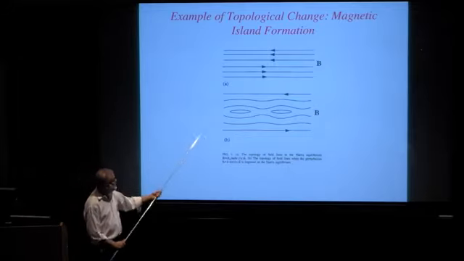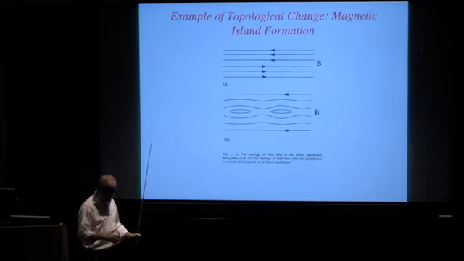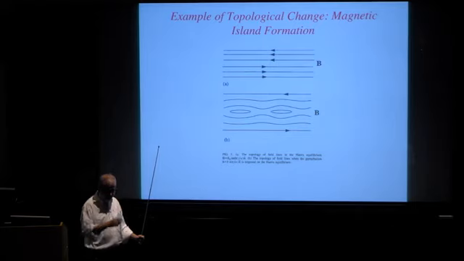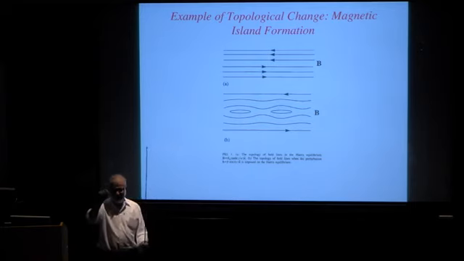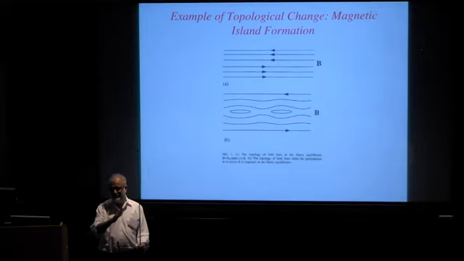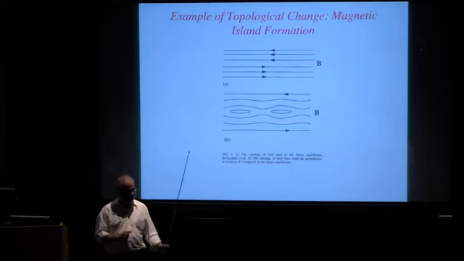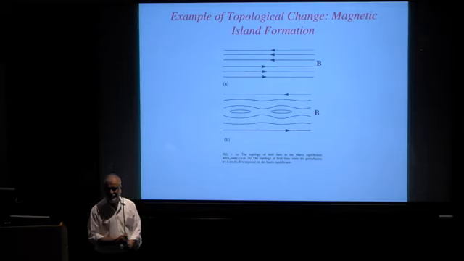An example of this, and there are two points I want to mention to you by showing this picture, is that as we proceed in this work, you will see that we will spend some time on resistive MHD reconnection. And what happens in that is that E plus V cross B over c equals eta J. Eta is the resistivity, J is the current density. If you take the curl of that, it's non-zero, right? Because even if eta is a constant, curl of J gives you, by Maxwell's equations, a non-zero term. So you can ask yourself, if I have a non-zero term on the right-hand side, is that enough?